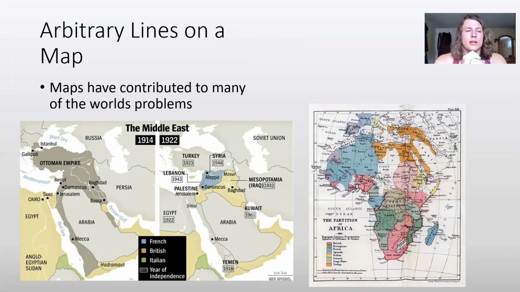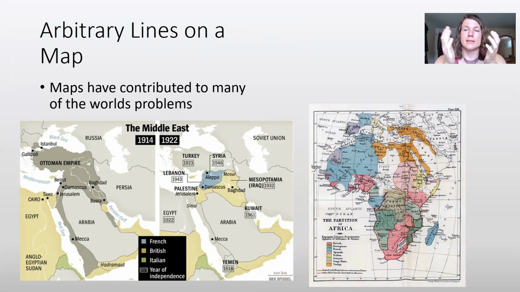So after World War I, the Ottoman Empire, which was a diverse, multicultural state that had existed for hundreds of years, was partitioned by predominantly the British, mostly following arbitrary lines that were drawn to maximize their access to resources. So the British wanted oil. They drew these arbitrary lines on a map to basically ensure that they got access to various oil fields. There was little to no regard for the people who lived in these regions, the cultures that resided there, any potential conflicts between groups or anything like that.